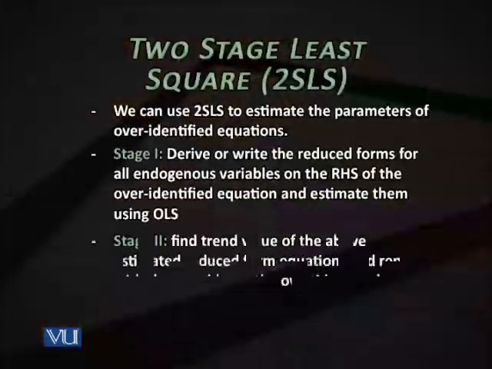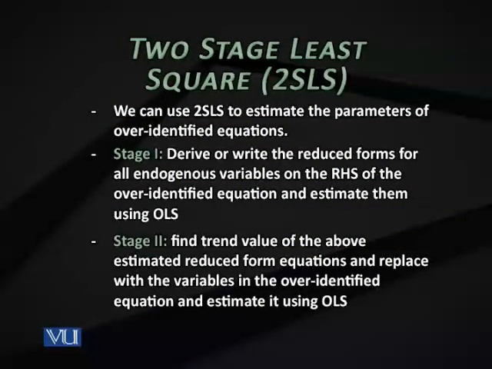अब स्टेज 2 में हम वापस ओरिजिनल स्ट्रक्चरल इक्वेशन पे जाएंगे, उस इक्वेशन को देखेंगे जो ओवर आइडेंटिफाइड है, उसमें राइट हैंड साइड पर जो एंडोजेनस वेरिएबल था उसकी जगह ये ट्रेंड वैल्यूज रखेंगे और OLS रन कर देंगे। ये स्टेज 2 है। इसके रिजल्ट में जो पैरामीटर्स आएंगे उनको कहेंगे टू स्टेज लीस्ट स्क्वायर एस्टिमेटर्स। और ये वो स्ट्रक्चरल पैरामीटर्स हैं जिनको हमने टू स्टेज लीस्ट स्क्वायर की मदद से सॉल्व करके निकाला, या कंप्यूट किया, एस्टिमेट किया। तो अब देखते हैं कि एग्जांपल के साथ कि ये प्रोसीजर ज़रा डिटेल के साथ कैसे हो